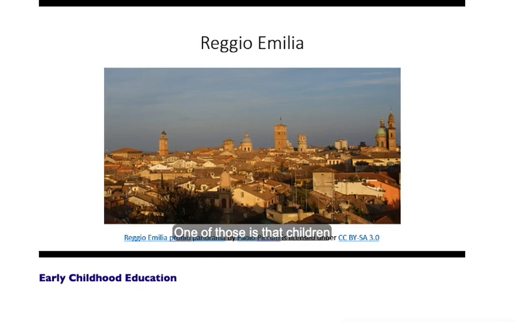One of those is that children and teachers co-construct the curriculum, and they really look at it as emerging from what the children are engaged in. Teachers are researchers and facilitators, so they're there to provide information and resources to children. The environment is looked at as the third teacher and really focuses on beauty and order. And unfortunately, I couldn't find any licensed photographs of classrooms in Reggio Emilia, so I just had to settle for a picture of the city itself. But I would encourage you to do some Googling and find some of the images of Reggio Emilia classrooms.